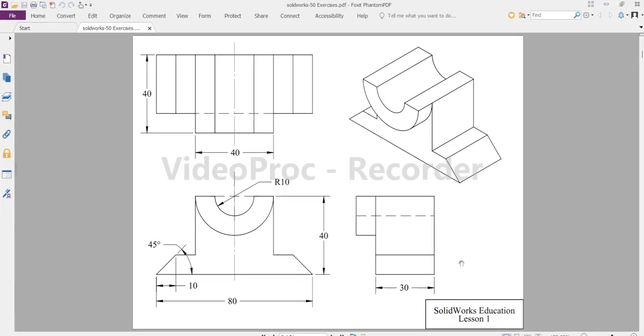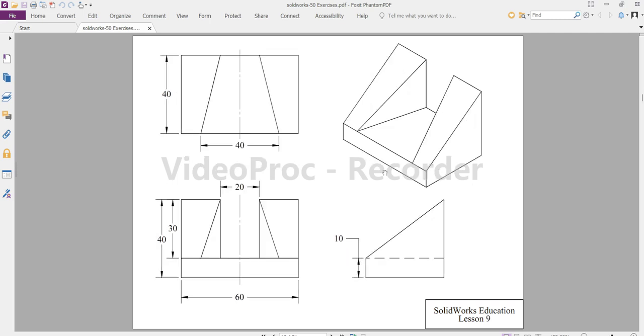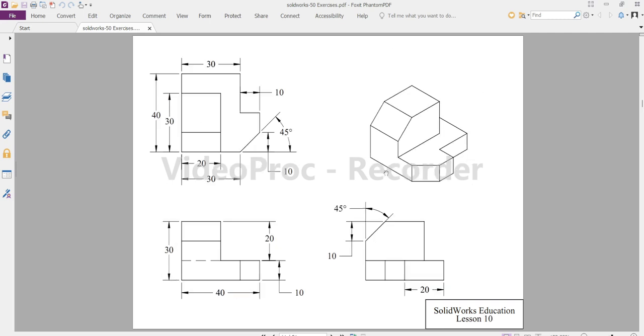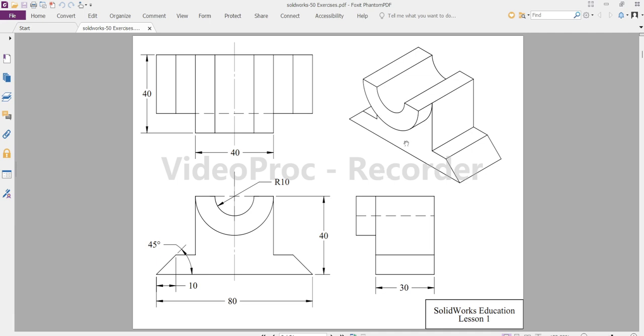Okay, dear students, we will practice 50 exercises on SolidWorks software. So in this first video, I will teach you 5 or 10 lessons actually. So this is the first exercise, second, third, fourth till 10th exercise. Okay. So now in the first exercise,